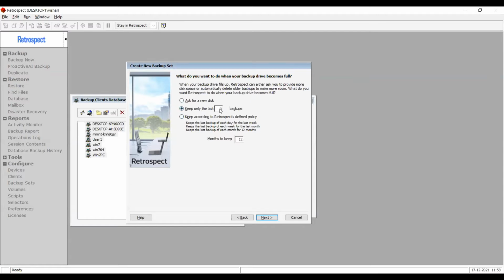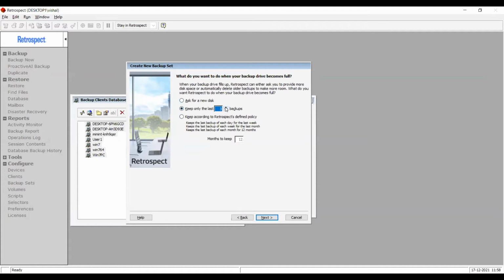With the middle option, you will have more granular control, like you can choose the exact number of copies that you want to keep, depending upon the storage space that is available to you. So let's say I have space for 3 copies only, and so I choose to keep 3 snapshots of every backup. Now, how it works is that as long as there is space available, Retrospect will go on keeping more than the 3 backup copies until the storage device actually gets full. When it is full, then the setting is triggered, and at that point, the excess copies are removed.